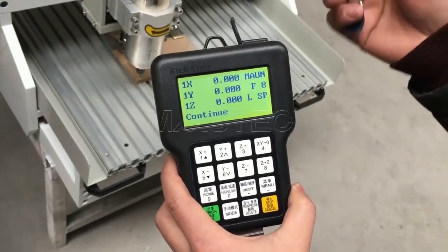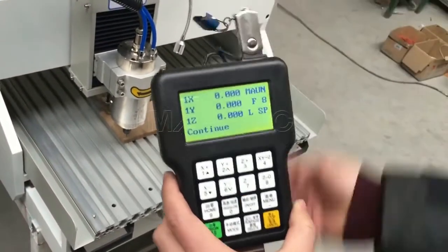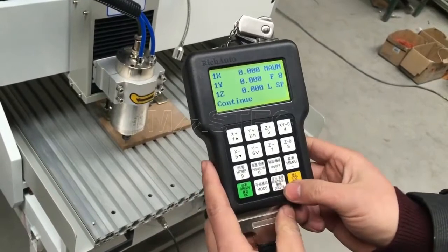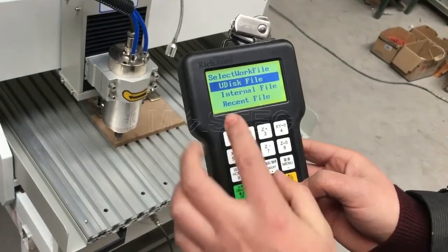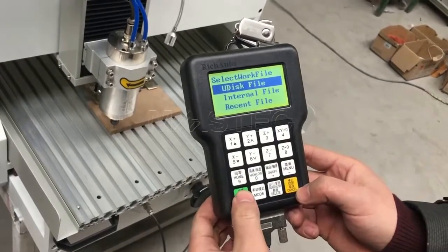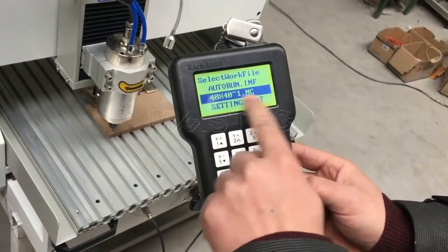Now we have copied the working file into the U disk. Now insert it into the DSP, and we will wait and press the run button. We can see the DSP has read the U disk files, and press OK, and we will select this NC